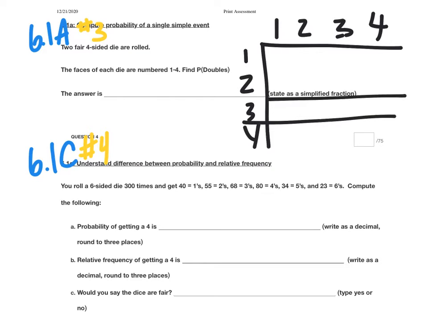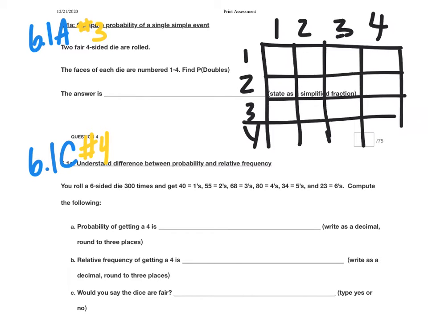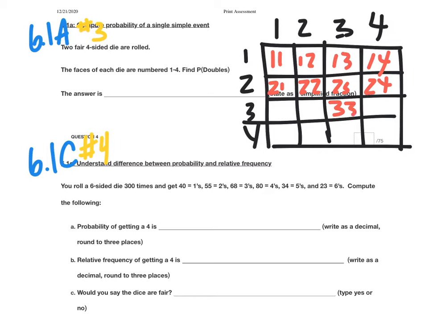And if I just kind of visualize it, I could do this. Now, this grid is not the actual sample space itself. If you wanted the sample space, what you'd have to do is write out all the outcomes. So here's a 1, 1, a 1, 2, a 1, 3, a 1, 4, and so forth. And then the question wants to know, when are we going to have doubles? So sometimes I think it's almost easier to do this because then you can see right here where the doubles